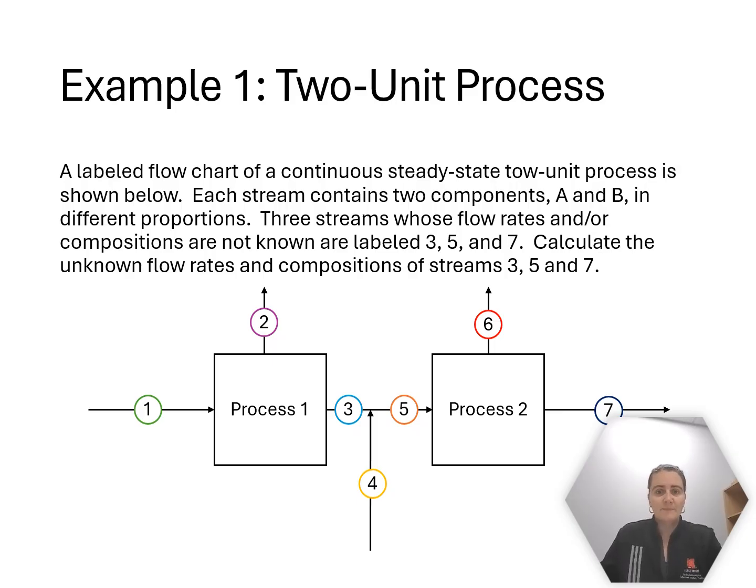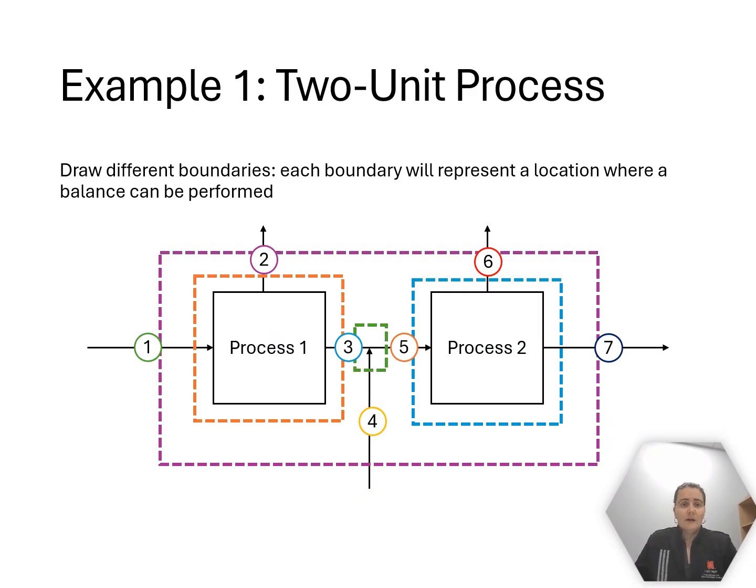especially with multi-units. So we have 3 streams whose flow rates or compositions are not known, and that's 3, 5, and 7. And so we're looking for what's in 3, 5, and 7 for this problem. Now we don't know any numbers for any of the other values, but we're going to try and label things and think about boundaries. Okay, we have 2 components, A and B, that are flowing in the system. All right, so we're going to want to draw different boundaries so that we can think about where balances can